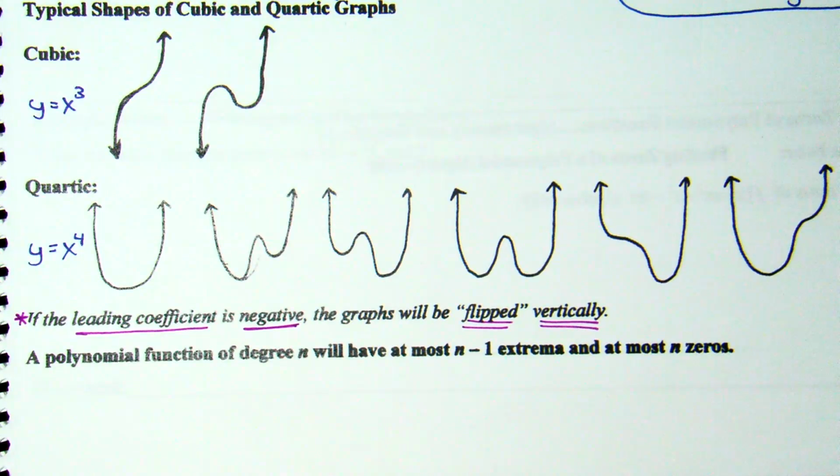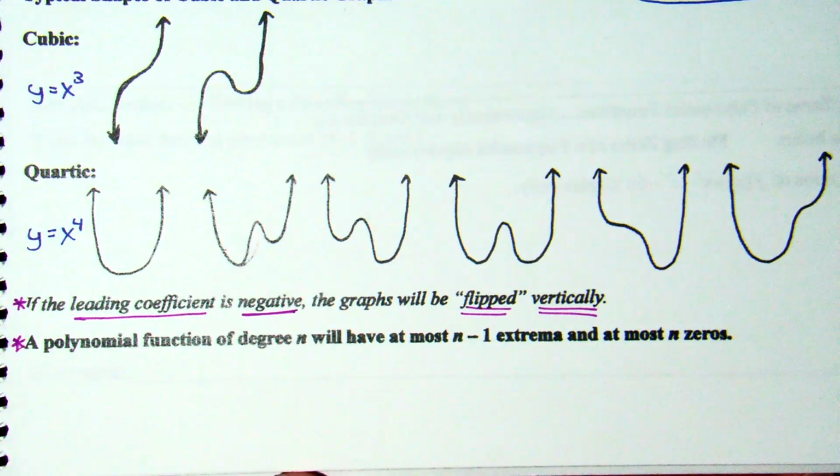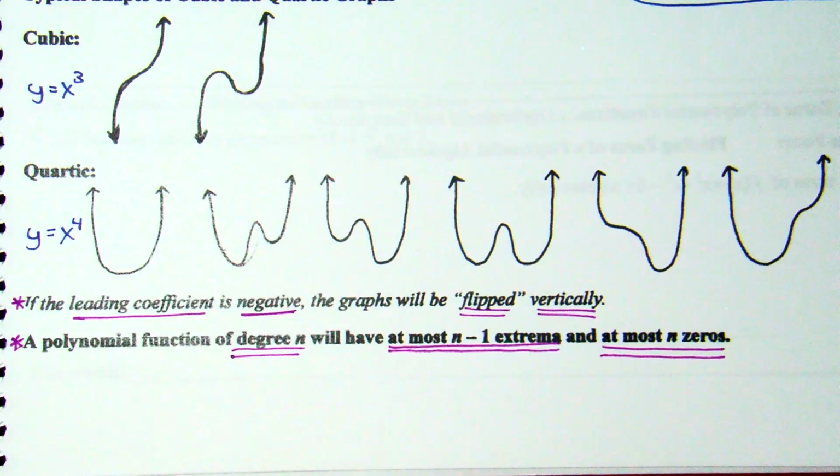And here's an important piece before we move on to the next part. A polynomial function of degree n will have at most n minus 1 extremas and at most n zeros. Now, I know that's a lot to take in, but I'll give you an example. Okay, so if it's degree n, at most n minus 1 extrema and at most n zeros. So, for example,